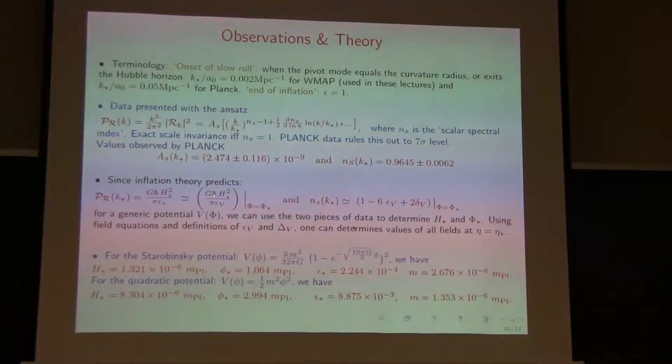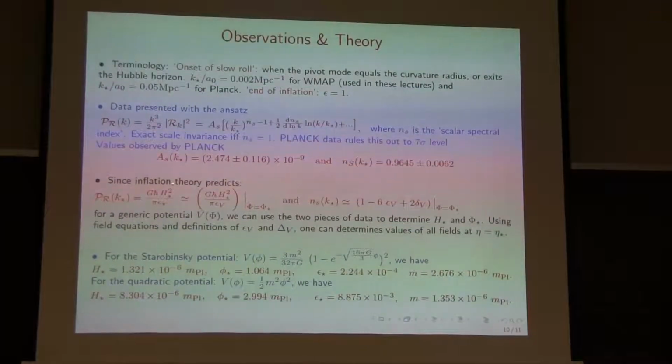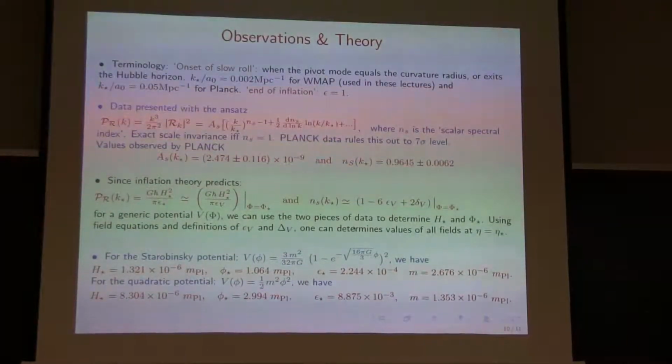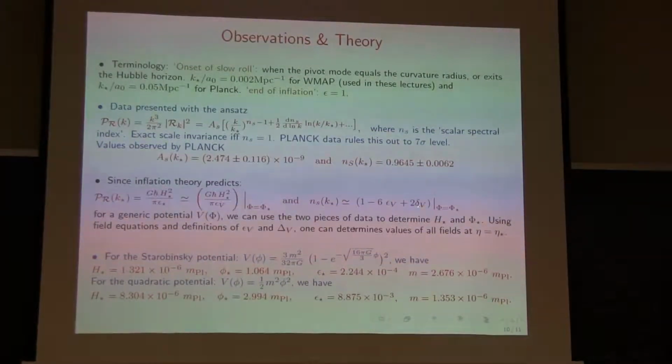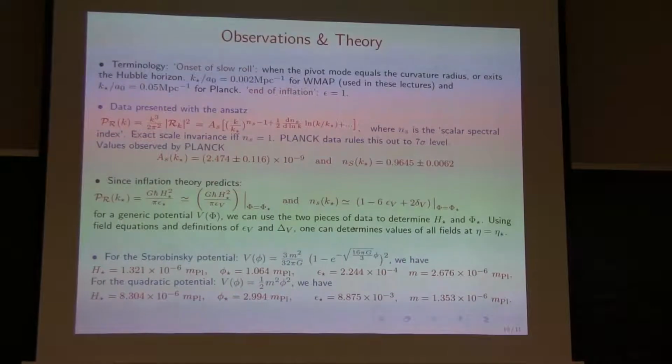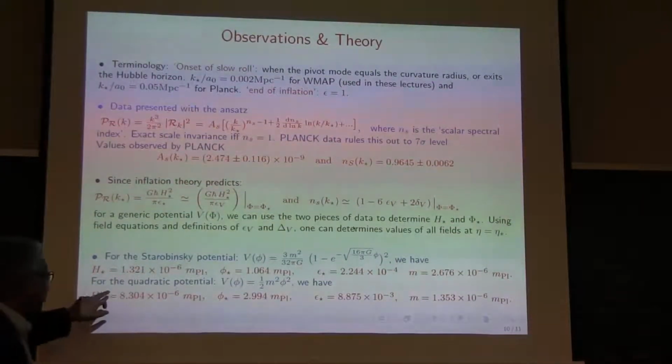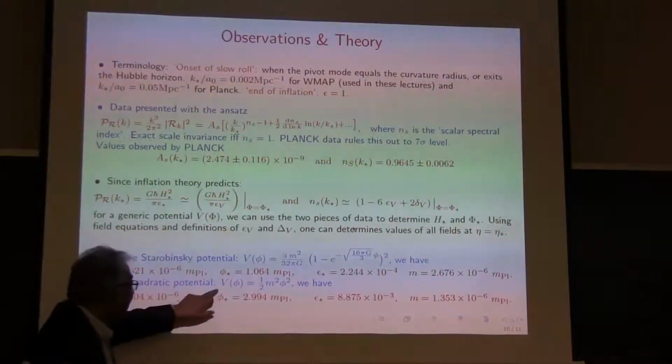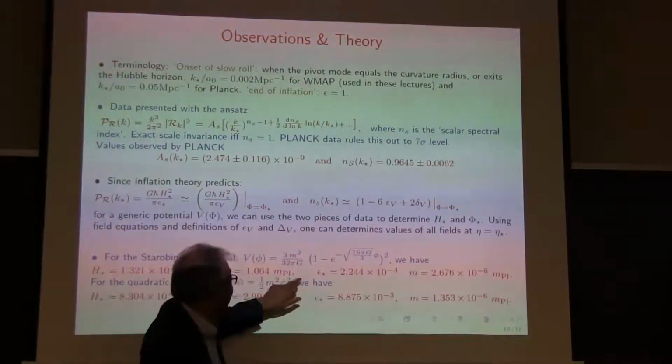Since the inflationary theory predicts that the power spectrum is given by this formula, as we just saw before, and n_s is given by 1 minus 6 epsilon plus 2 delta, therefore we get some constraints, and that restricts the class of potentials that we use. Not very much, but a little bit. And I was telling you that two potentials which I use very often are the quadratic potential, and then there